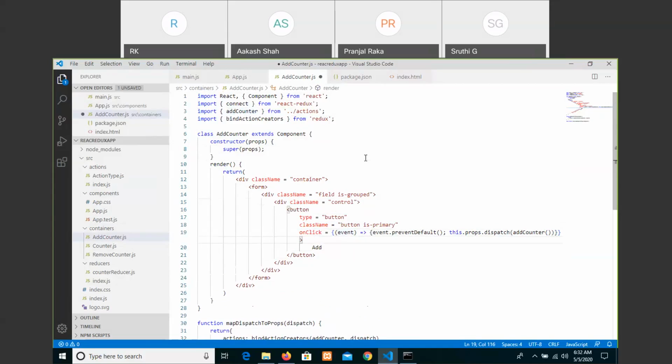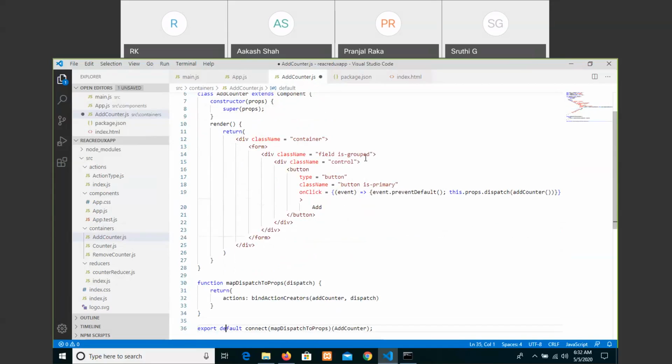It is in actions. Okay. And when you come to this point, export default connect map dispatch to props, which is dispatching that value to the function, that is a clicking event to the function along with the add counter.